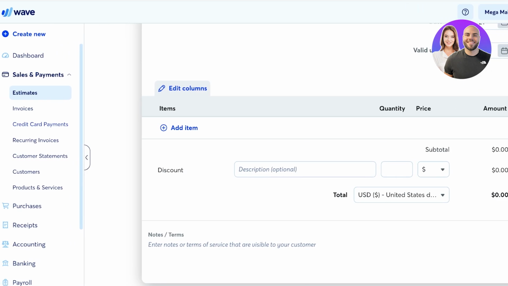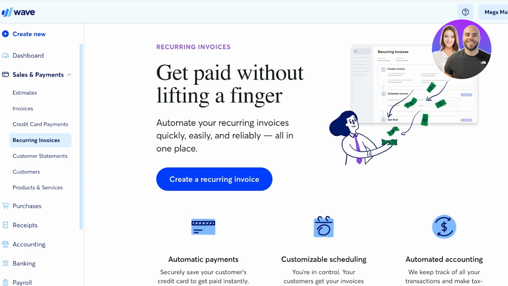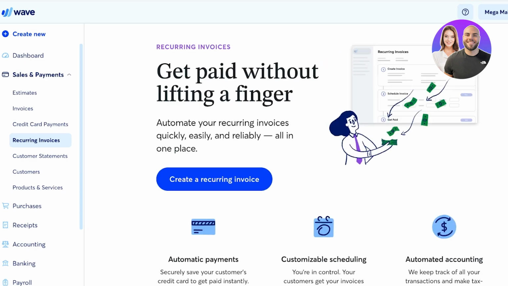Then on the left, you also have recurring invoices that you can set up. So let's say you have a deal with a particular business that you supply them with 100 makeup products, then you can set this up as a recurring invoice instead of having to manually send out that invoice every month. Now, the easier way to getting started is to obviously go into customers first, and you're